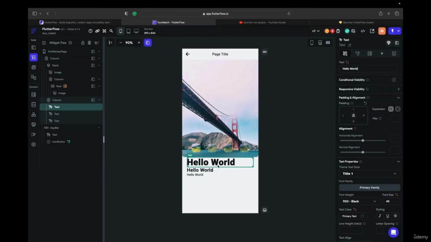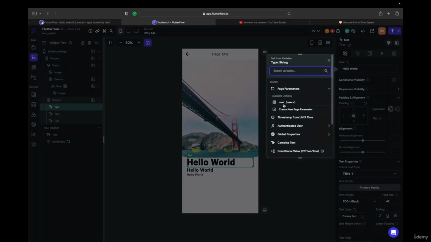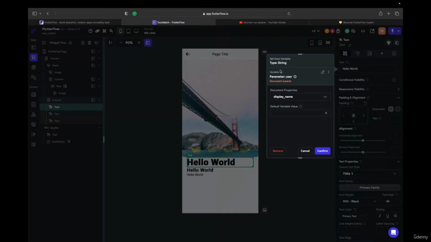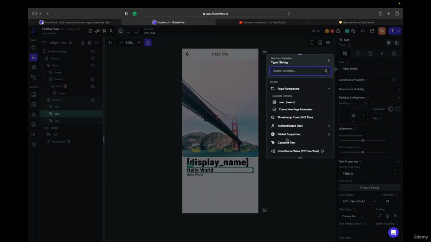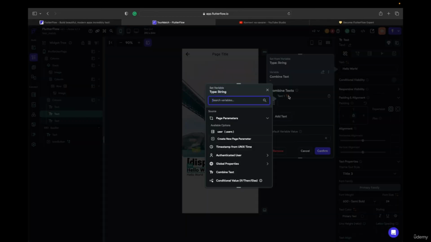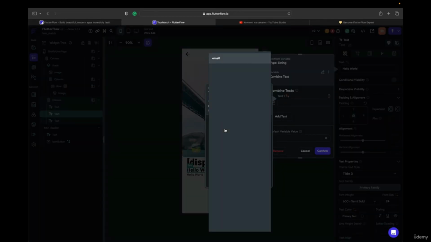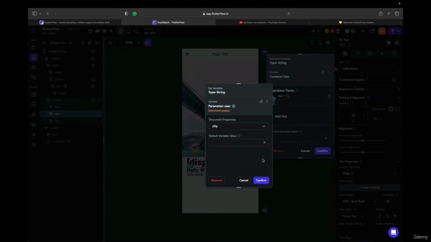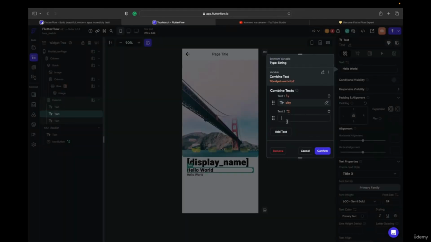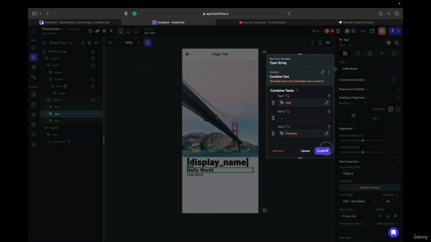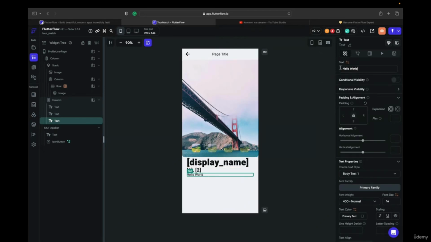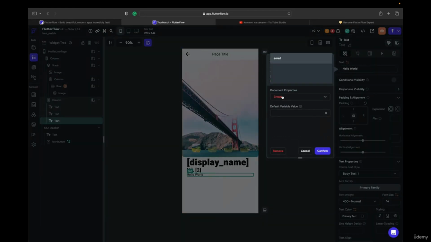Okay, the first text gonna be his display name, user display name. The second one is gonna be city and country he's from, and we're gonna do it from the combined text. Text 1 is gonna be user city, confirm, add text, comma, text 3 user country, confirm, and the last text gonna be about me,